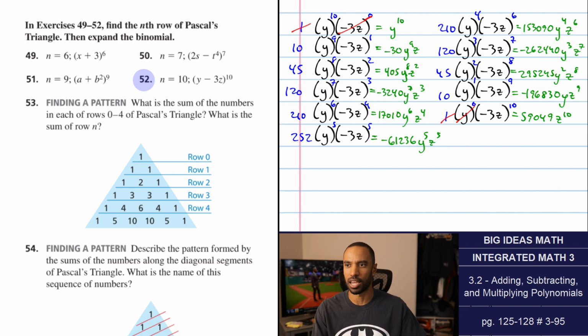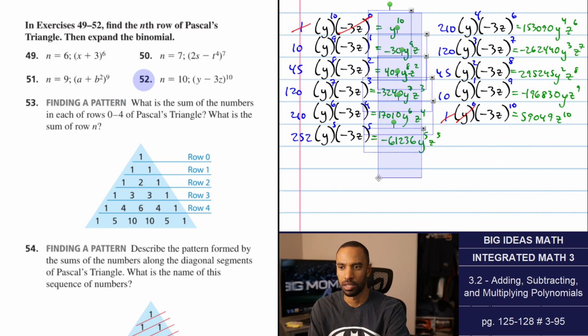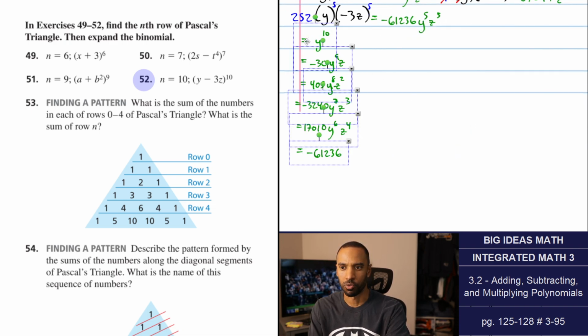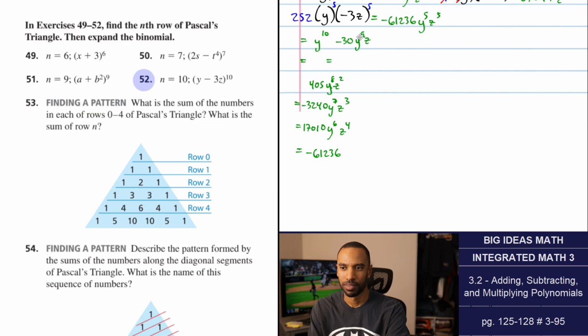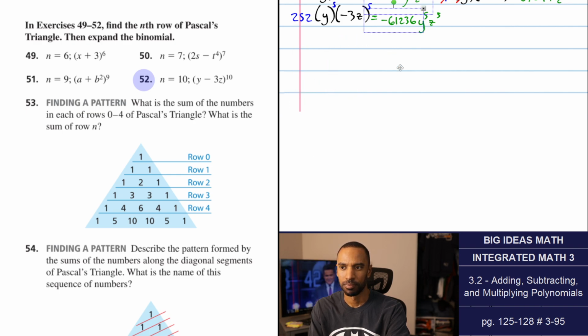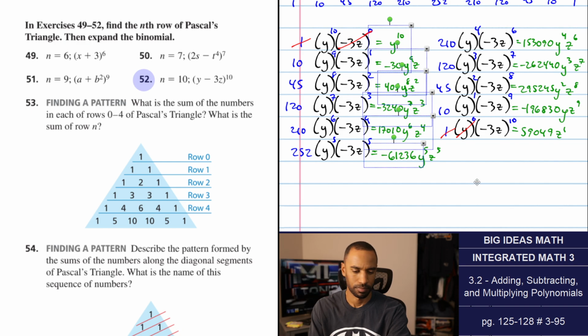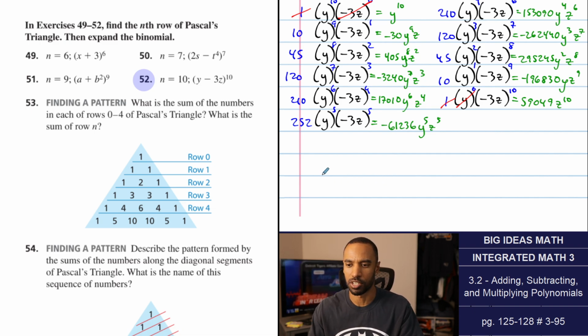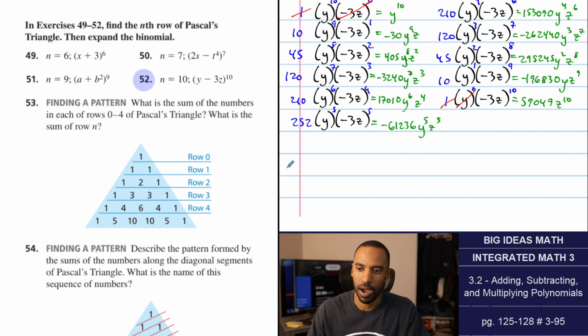This plus this, etc. I don't know if maybe I can find a way to copy paste this so that I don't have to rewrite them. Maybe I do. Okay, let's try that. I do have to write the final answer. I can't leave it separate. Go, hey, guys, figure it out for yourself. But you should. So we got y to the 10th